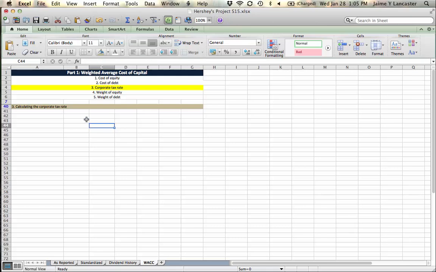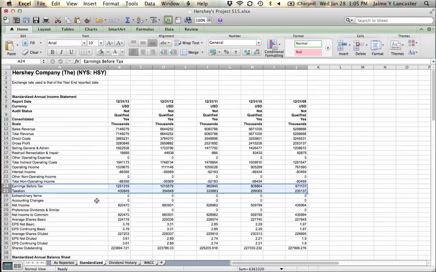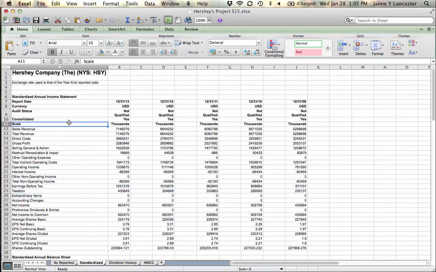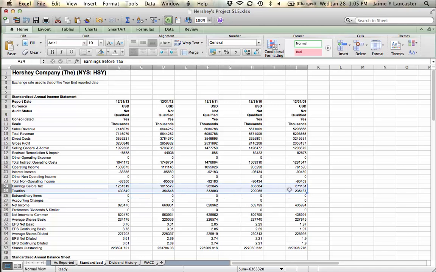So we need some information, and we can get everything in this case 9 times out of 10. We can just find it on the standardized statement. If you go to the standardized income statement, all you need is earnings before tax and taxation, right? Earnings before tax might also be called taxable income. And I sort of like to think of it as taxable income because that's the income that you have to pay tax on. So I'm going to copy it, bring it back over here into my weighted average cost of